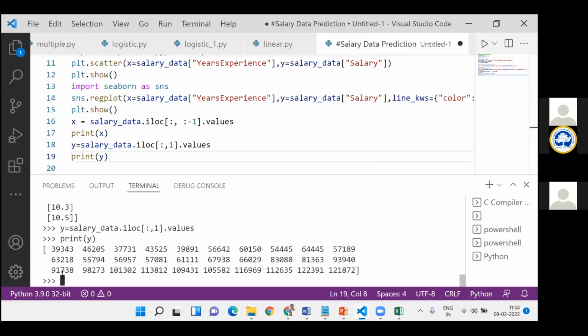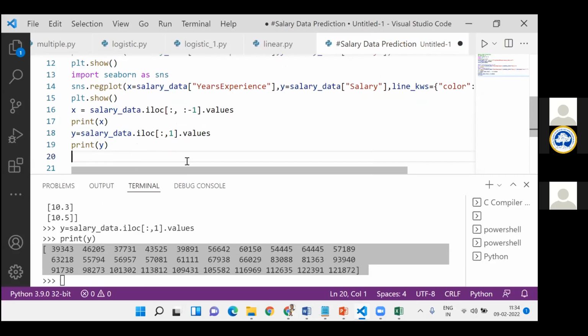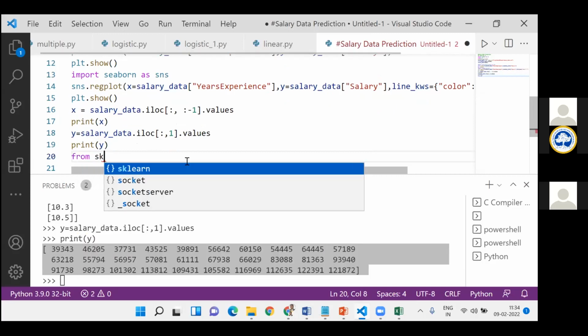Okay, so I get that y value. This is the salary value for that. Now I am going to split the data set into two sets. For splitting the data set, I can import from sklearn